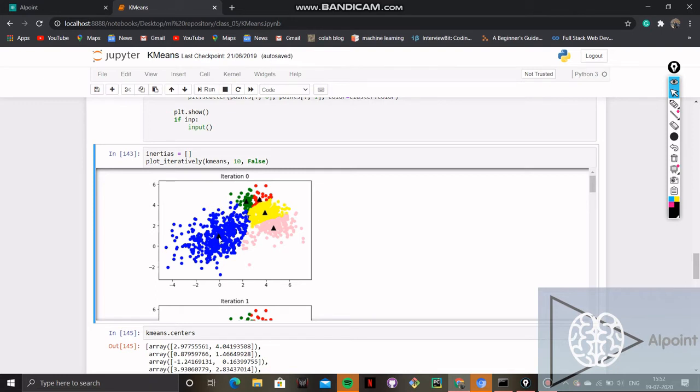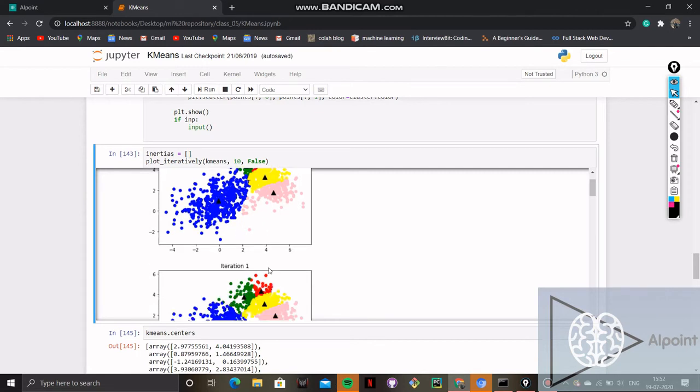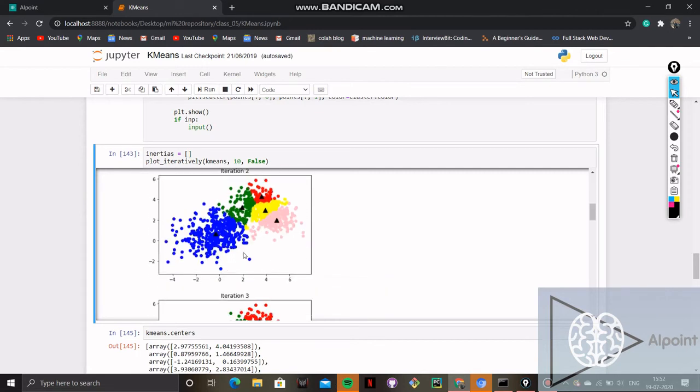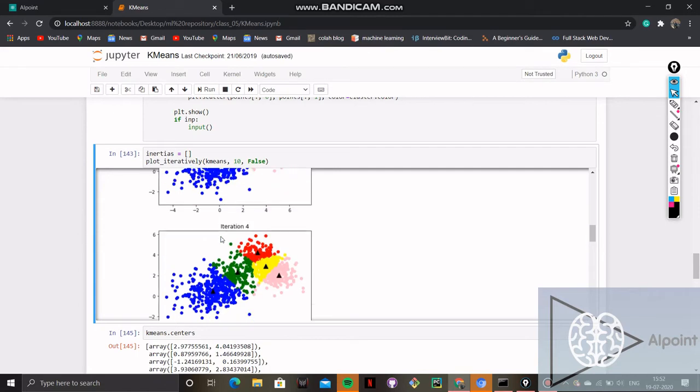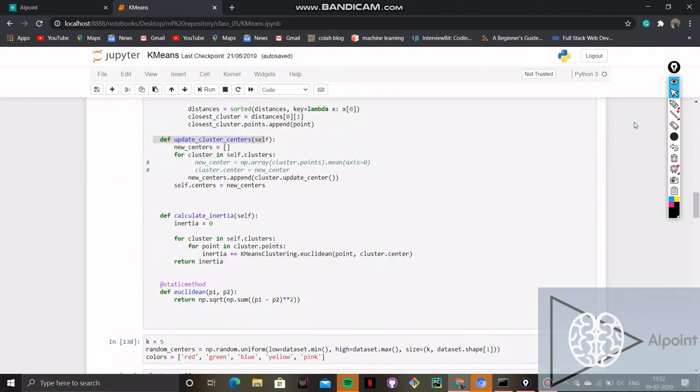In order to create the centroid at the center of the cluster, we need to update our center, because initially it would be anywhere else. So we update it until it gets to the right position, the center of the cluster. So now moving on.